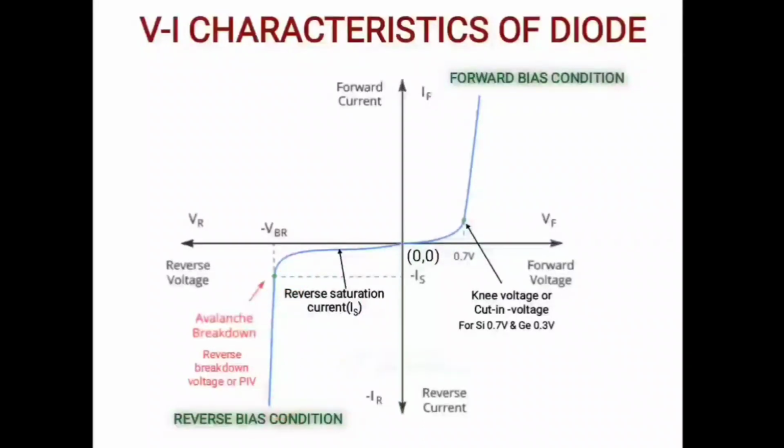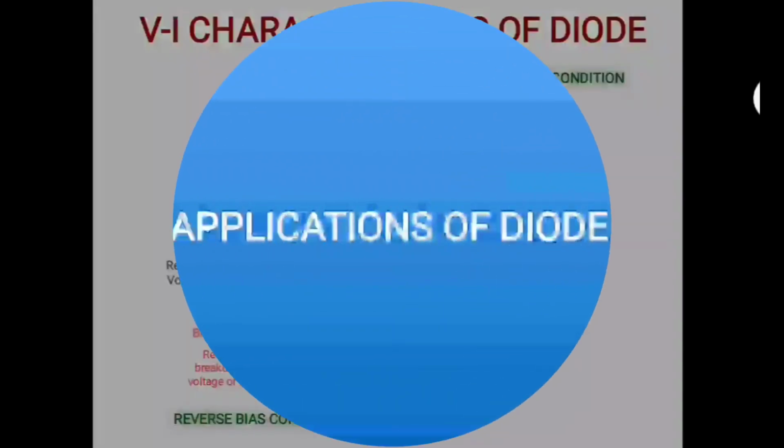The maximum reverse voltage that a diode can withstand without breaking down is called the reverse breakdown voltage or peak inverse voltage, PIV. Due to the flow of such large current and huge power dissipation, the junction gets damaged permanently. So, the region beyond reverse breakdown voltage should be avoided for the reverse bias operation of a normal p-n junction diode. Applications of different types of diodes are very wide in modern day electronic systems.